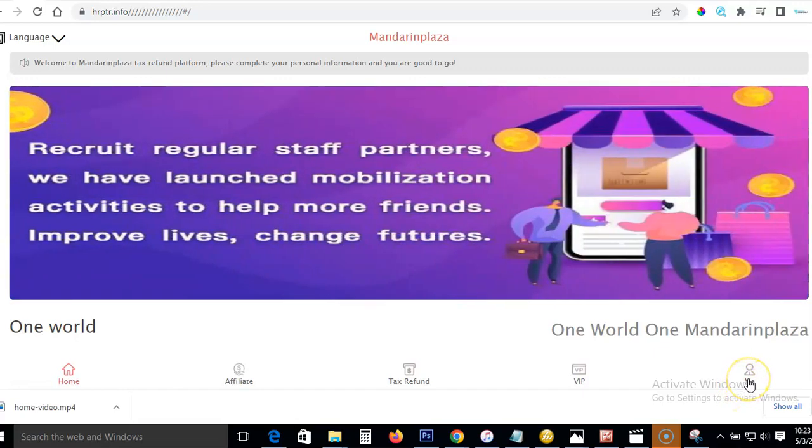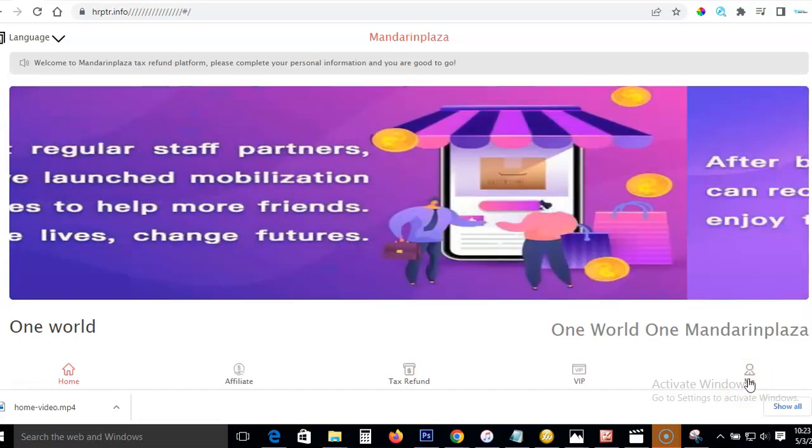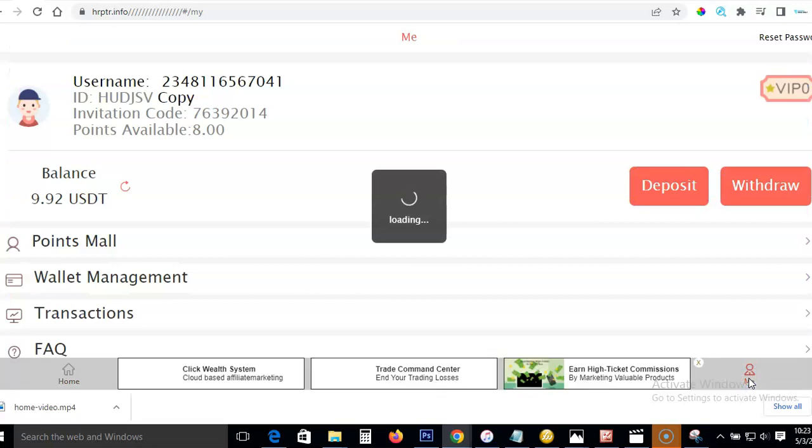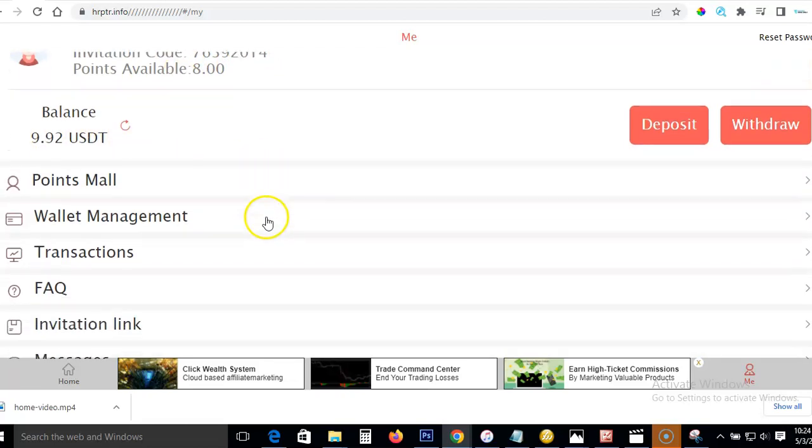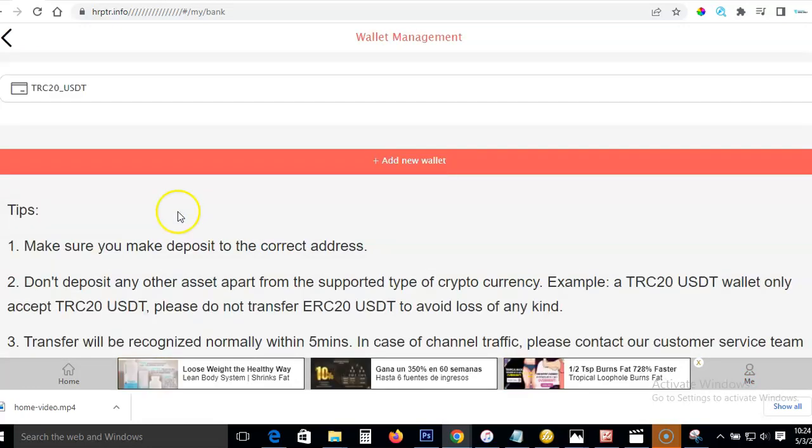First of all, click on this me to show you your dashboard. This is my own. You can see my balance here. What I want us to see here is the wallet management, how to enter your wallet so that they can easily transfer your money to you. So click on wallet management. See, I have added my own wallet,